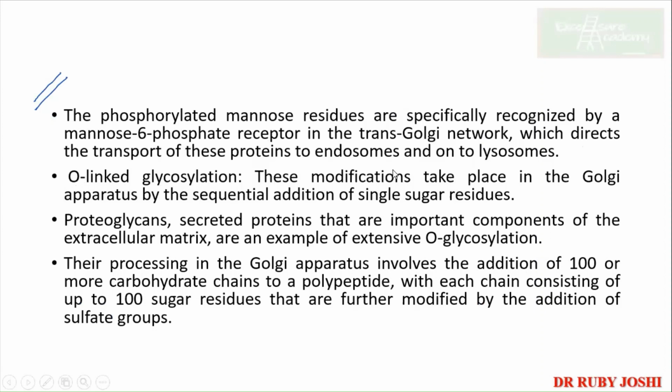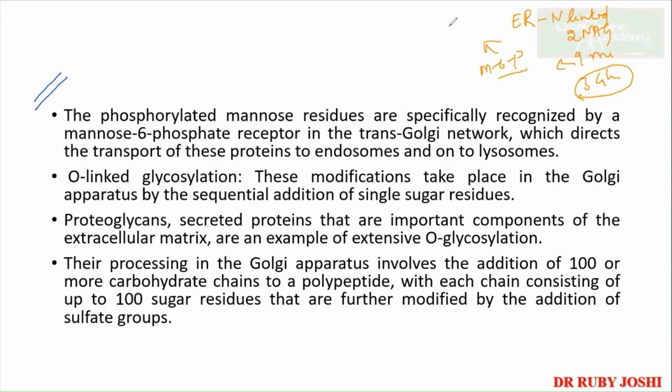So again, these modifications will take place in the Golgi. For example, the proteoglycans. अभी ये भी है जो आपको याद रखना होगा. So just now what we have discussed, let's summarize. ER में होता है आपका N-linked glycosylation, okay? जिसमें से हमने जो पढ़ा 2 NAG, 9 mannose, 3 glucose. So 3 glucose will be removed, 9 mannose modify होके आपको mannose 6 phosphate का tag देते हैं, which is for your lysosomes. ठीक है?